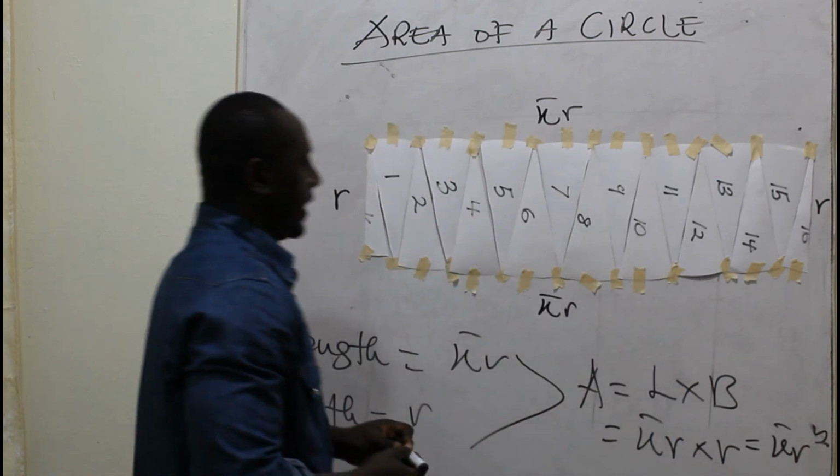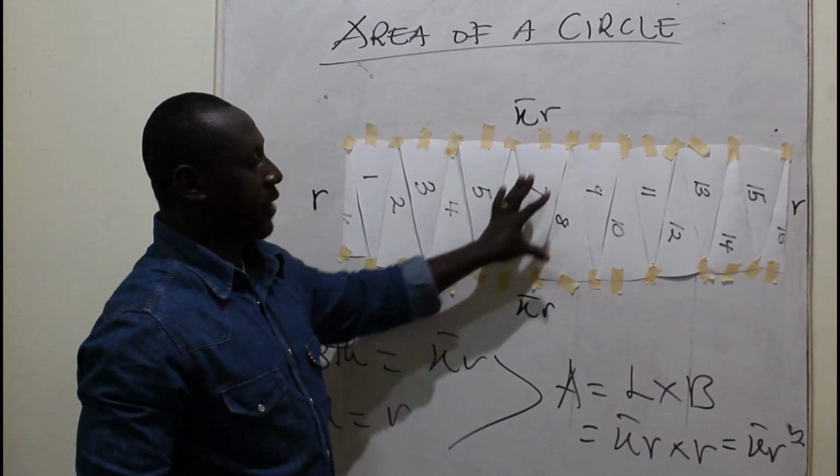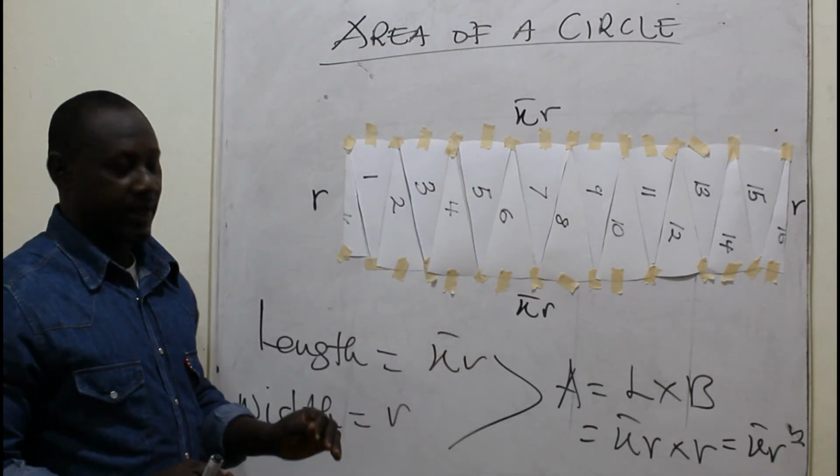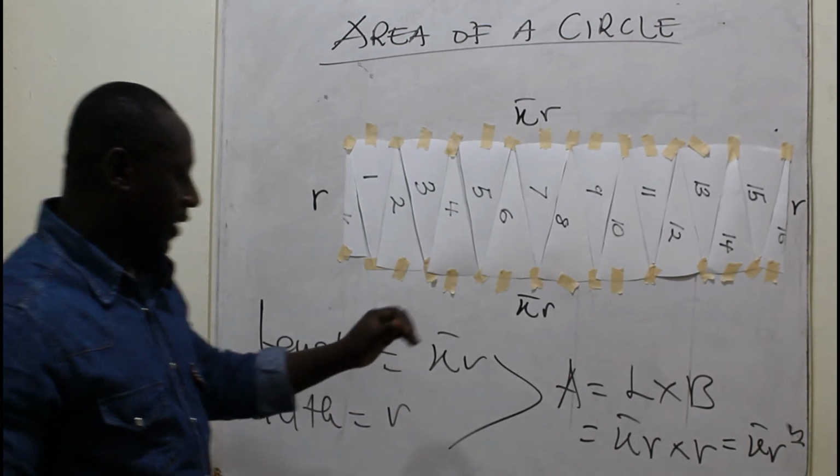Pi r squared. And what is this shape? How did we get the shape? We got the shape out of the divisions that we did. And this is the conclusion that the area of a circle is equal